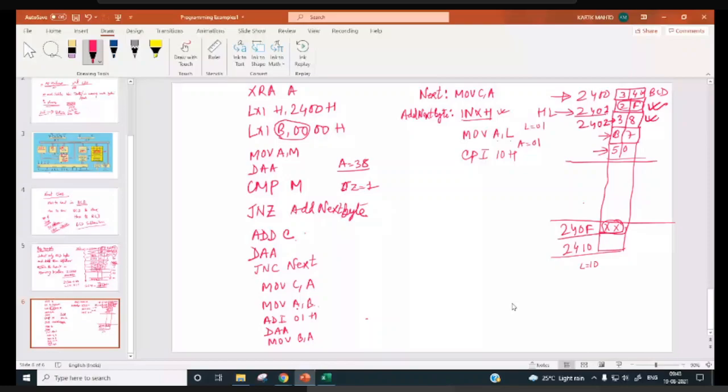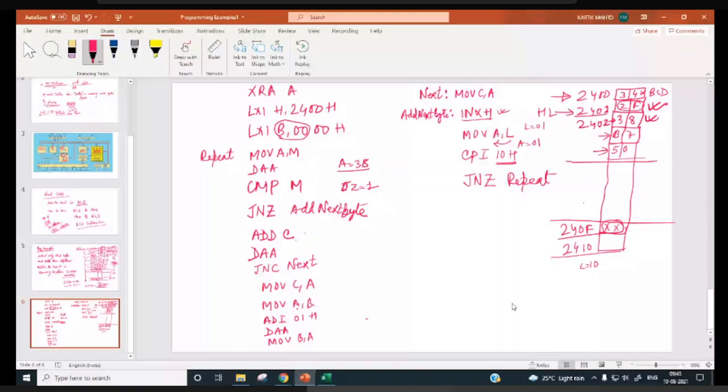So repeat will be here. Now, if L content is equal to 10, then CPI 10H will result zero flag equal to 1. So it will not repeat this process. It will come out of loop.